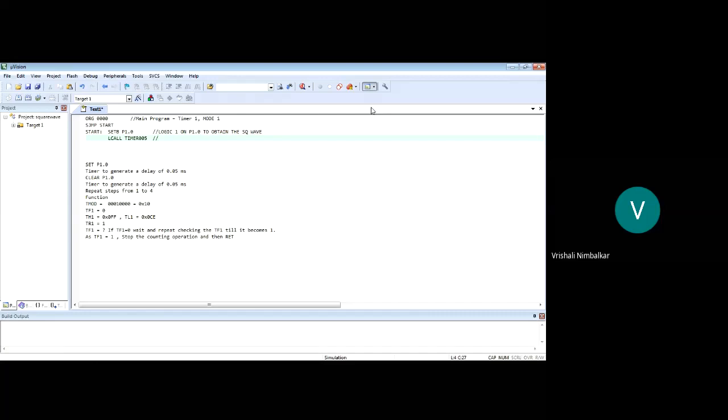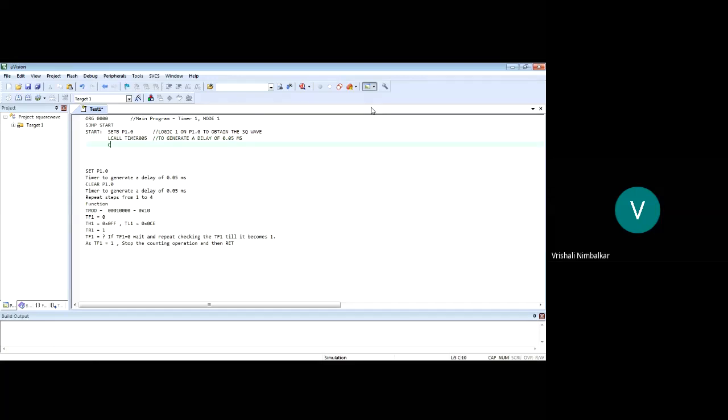So this is to generate a delay of 0.05 milliseconds.